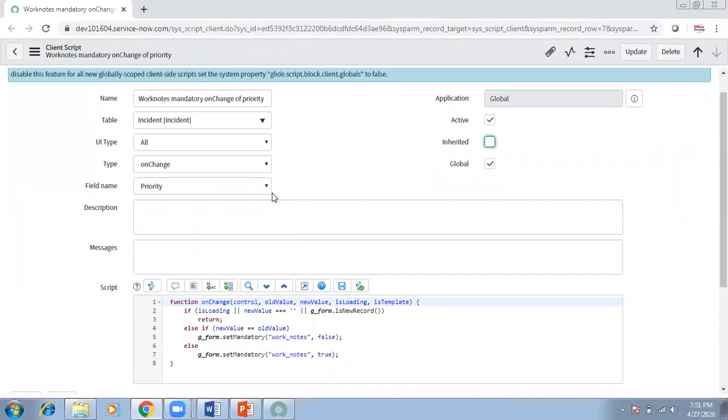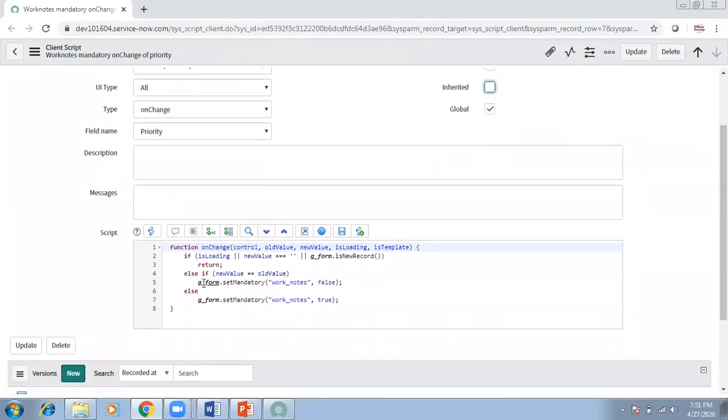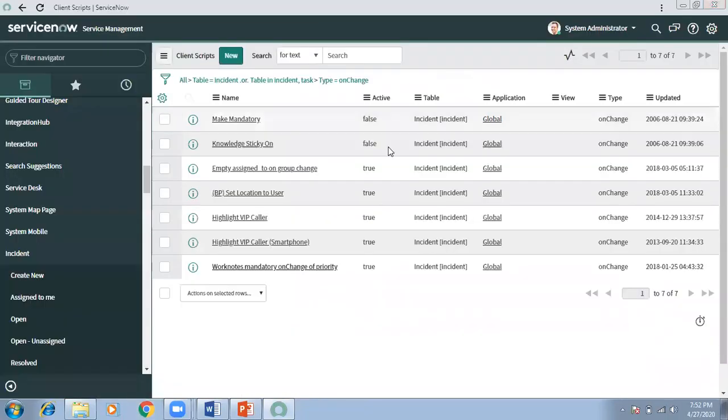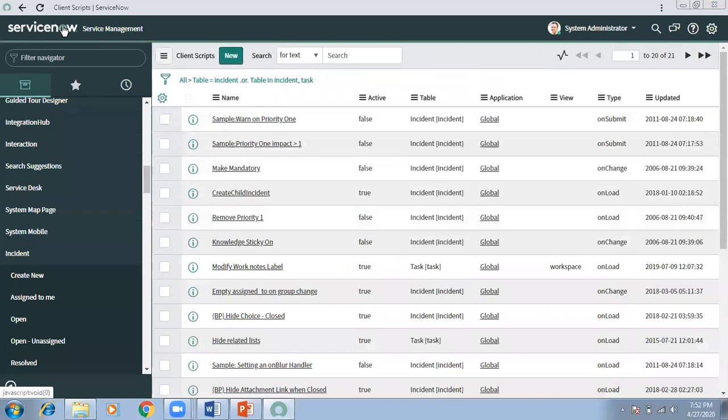It says if new value is equal to old value, that means if you are changing the priority but it's the same as before, then do nothing. But if you are changing the priority, then set work notes to true. True means, this is the syntax, make it mandatory. So this is how you can write the on change script depending upon the requirement you are getting.